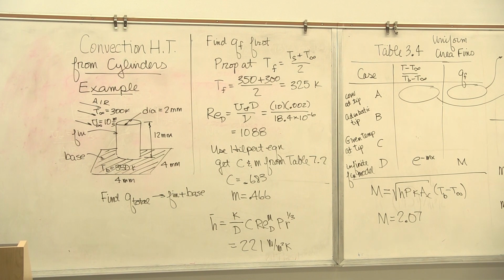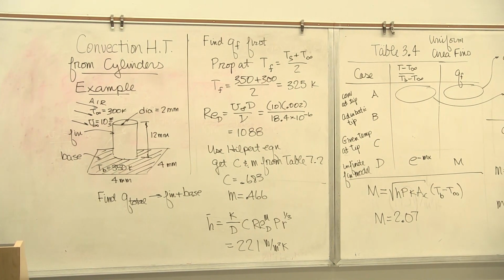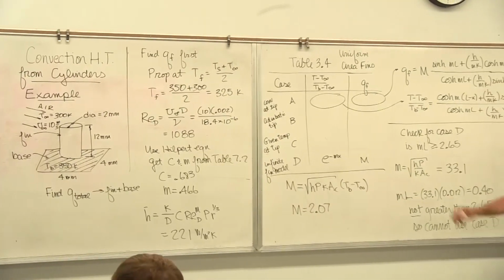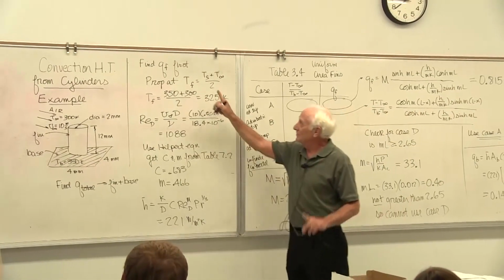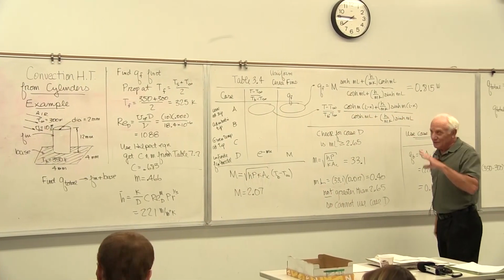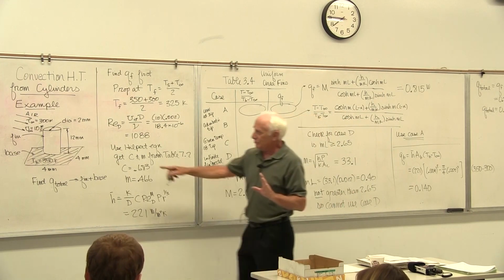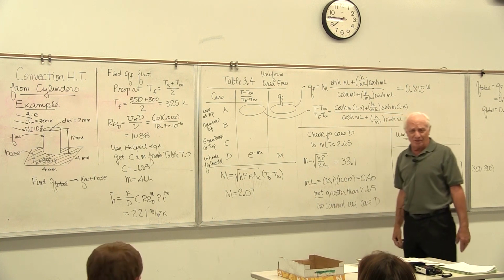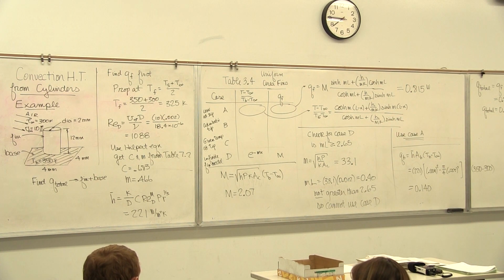If it didn't change by more than 1 or 2%, stop, you're done. If it did change by 5 or 10%, do it again until it converges. In our class on an exam, no, you do it once. Tell me what you assumed, and it's critical you tell me what you assumed, and then go ahead and work it. I mean, you wouldn't be totally incorrect if you just used 350, but I know it's not a good guess. So if you want to iterate a long time, guess 350. If you want to have fewer iterations, guess 350 plus T infinity divided by 2.